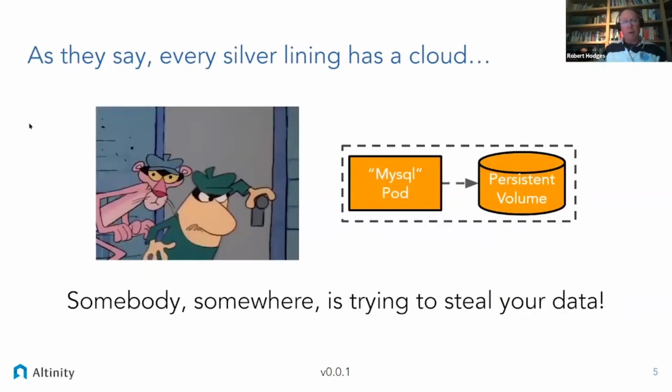Now, the problem is that now that we've made it easy, or at least possible, I should say, to run data on Kubernetes, what that means is that people are going to be interested in coming there to try and hack it. And so as a result, the more deeply you go into the operators and the more dependent you become on them,